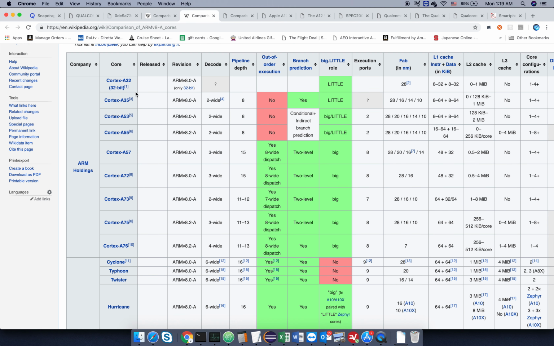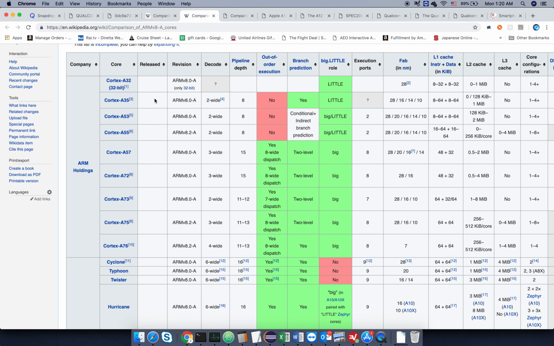Now ARM is the company that created the instruction set, ARM, that also designs CPUs called ARM. So these are ARM Cortex A32, whatever. They design these CPUs, but they don't make them.